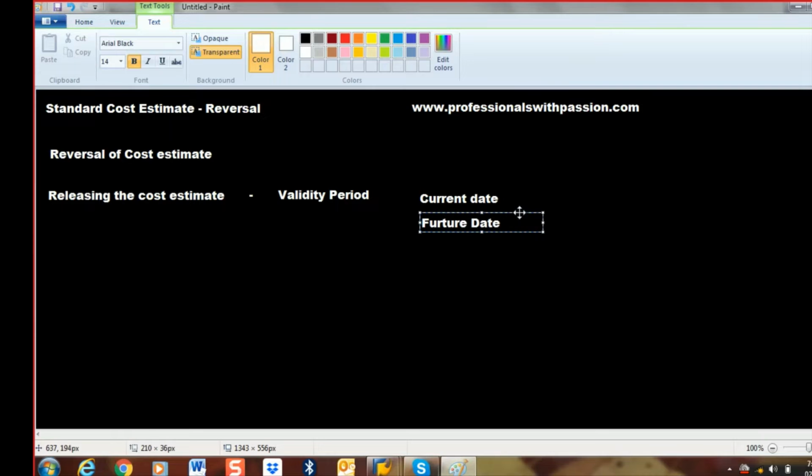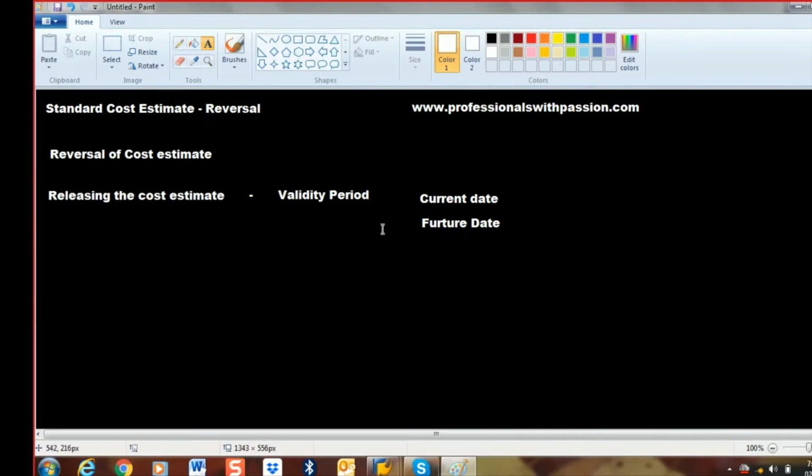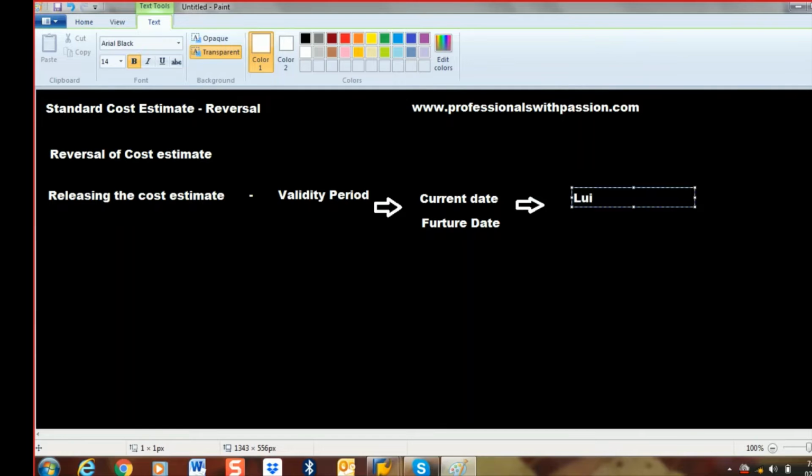For a past date we cannot create a cost estimate. So the validity period is from the current date or future date, up to the valid-to date. What is the valid-to date? It can be valid for lifetime. We can give lifetime,